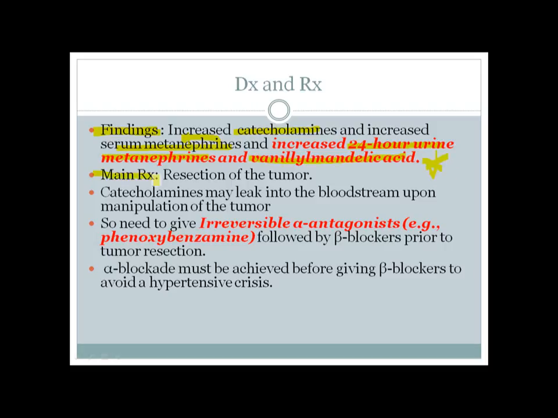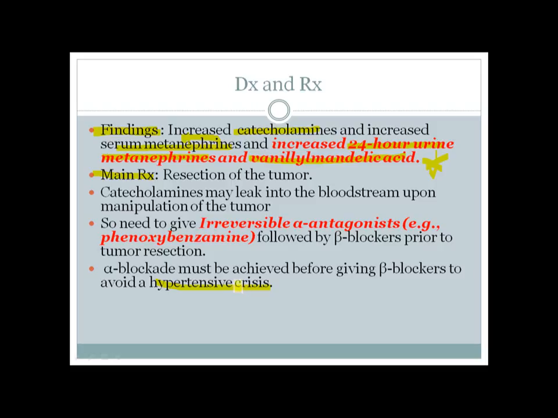The main treatment is resection of the tumor, but there are some precautions that you must take. Whenever someone is manipulating the tumor, it may leak excessive amounts of catecholamines into the circulation, which might lead to a hypertensive crisis. So to avoid this fearsome effect,